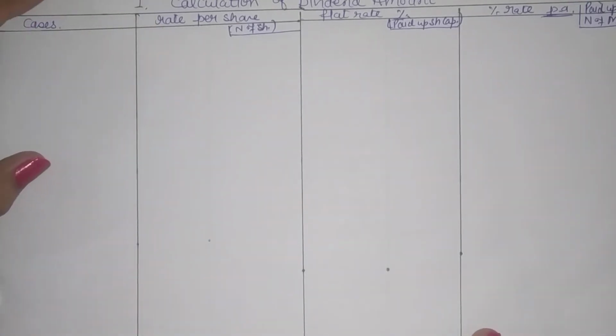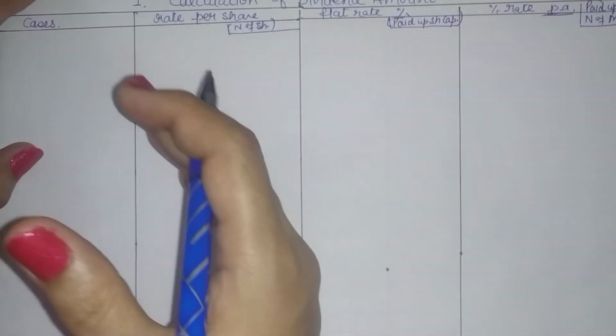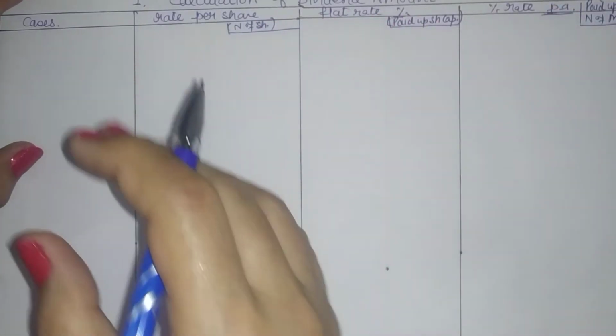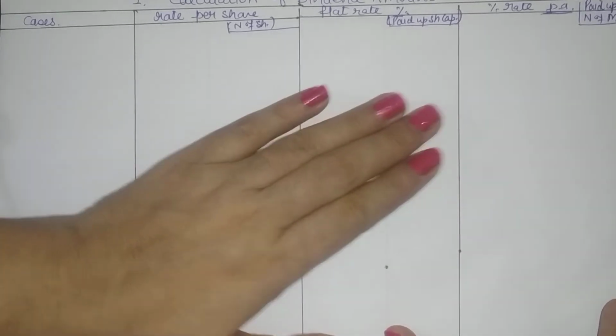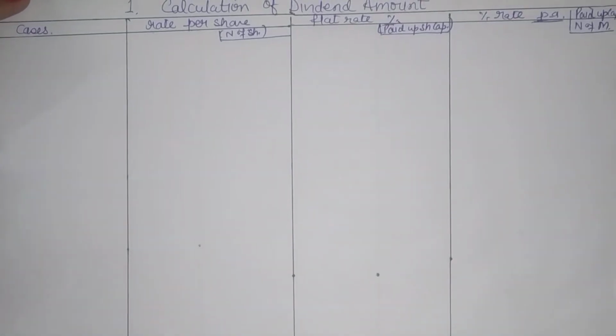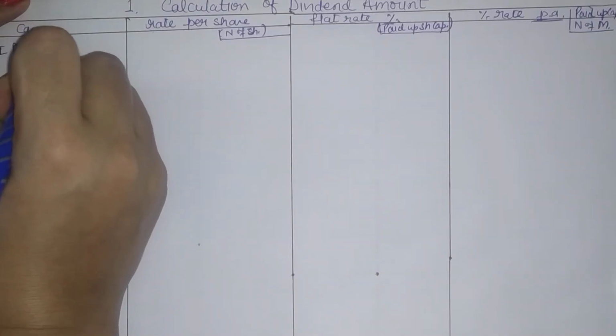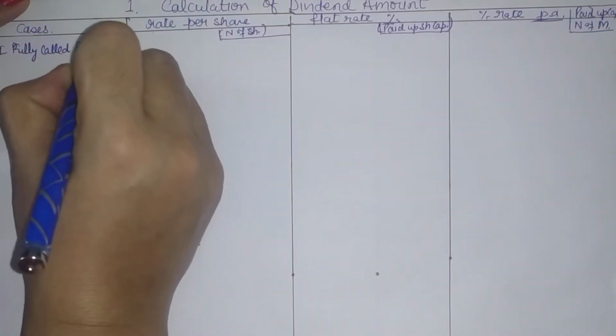Now when we look at capital, the share capital of a company is again of different types. Sometimes you will be given share capital is fully called and paid, or share capital is fully called but there are some arrears, or share capital is partly called and partly paid with arrears. So there may be various ways in which the capital might be available. What will be the impact of these methods on the capital or on the dividend amount, we can see through an example. Suppose we have only fully called and paid capital.